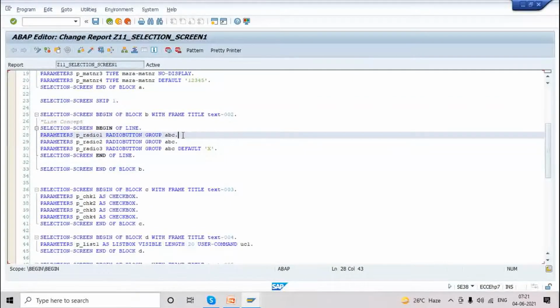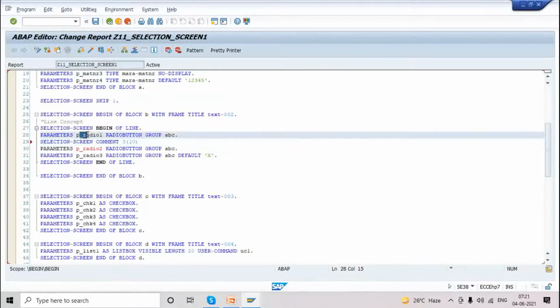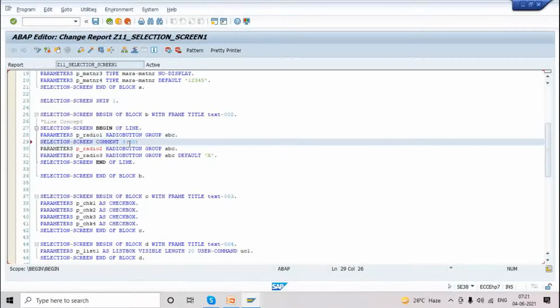See, selection screen comments. I'm putting 3 of 10. So 3 I'm reserving for the radio button. After 3 characters, 10 characters, we are creating text for male first. Text 006.